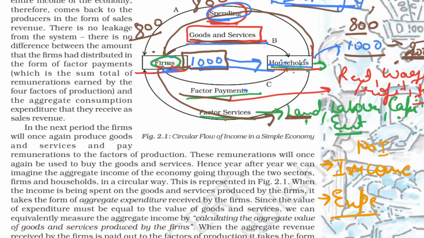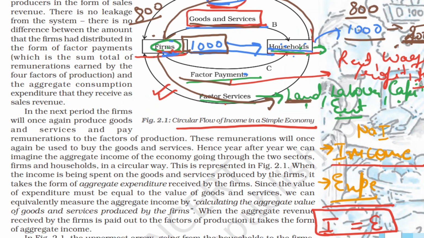So these two are basically the methods of national income. We are calculating either on the income part or on the expenditure part. Both should be the same, right? The national income which we get on the income part and which we get on the expenditure part should be the same. We have proved it by this particular circular flow of income in a simple economy, that our income is someone else's expenditure and someone else's income is our expenditure, right?